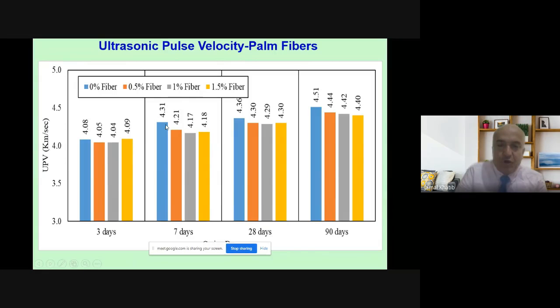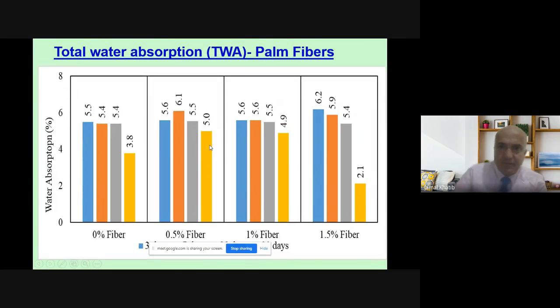The control is higher than other concrete. The control has higher UPV than other mixes. And here, there is more or less a continuous decrease as we increase the fiber content. It's pretty much the same at 28 days and 7 days as well. So whatever we do, now,